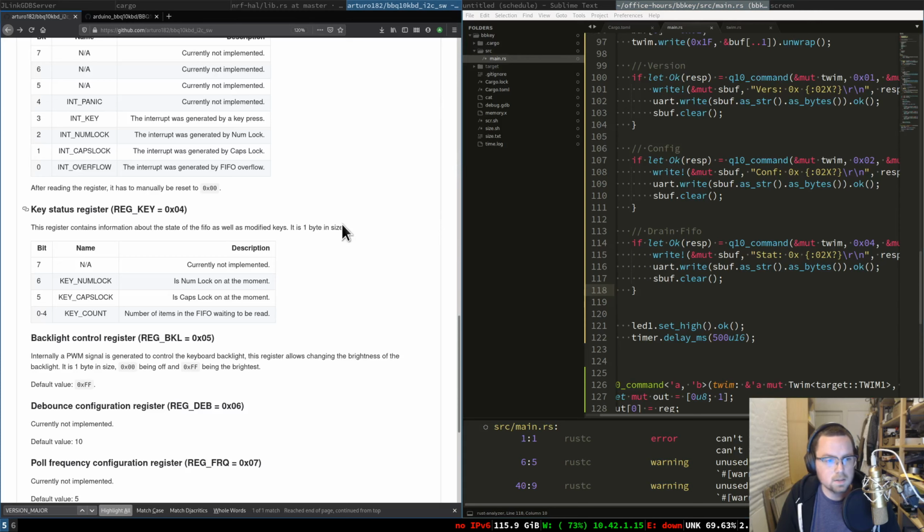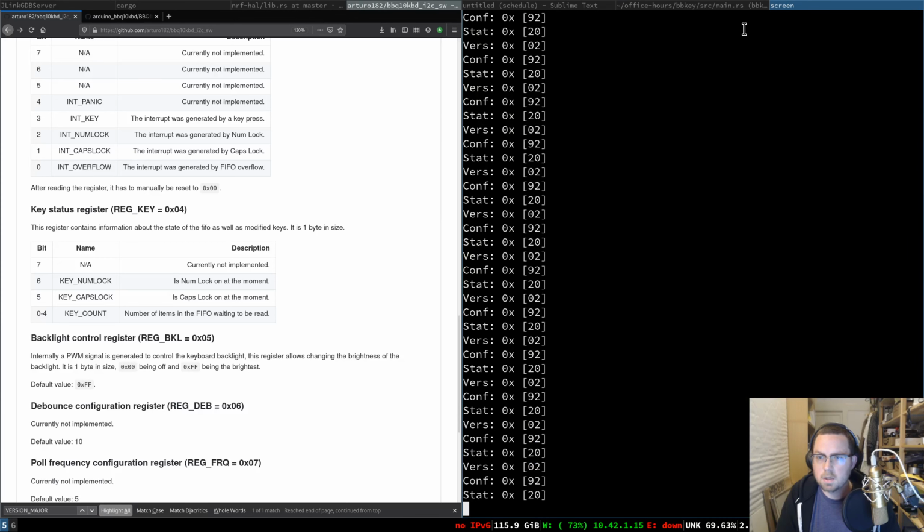I wonder if numlock is on at the moment. So if I do... I don't know how to turn numlock on. 2.0 should mean key numlock is on at the moment. How do you turn numlock on? Help, I've never owned a